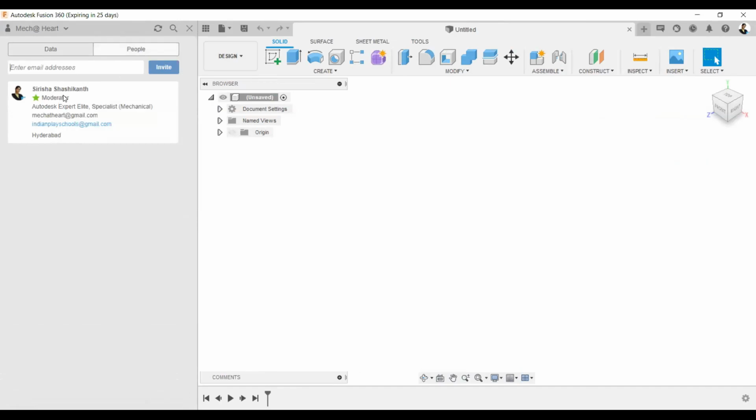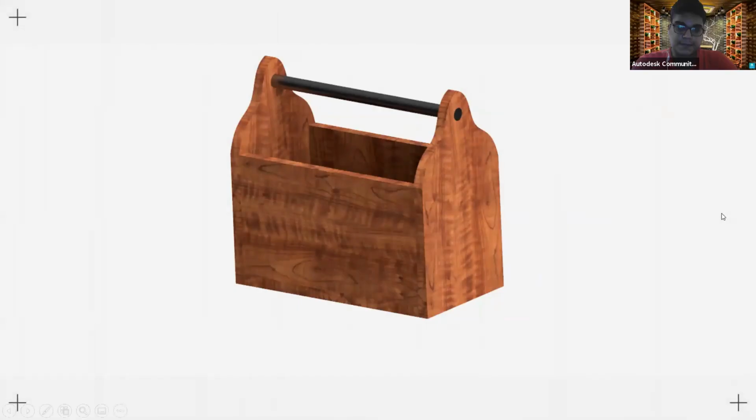Right now, I'm the only one, but I can add other people's mail IDs with which they have signed into Fusion 360, and I can bring them to this project. That is how they brought Rit inside their project, and he has actually helped them. Let me show how he has done it.